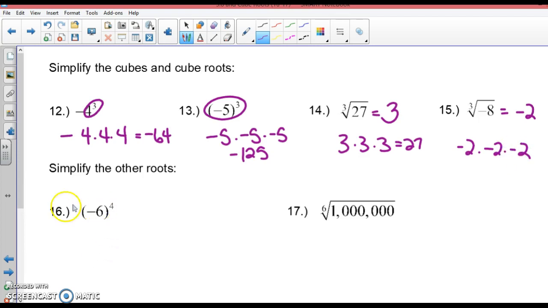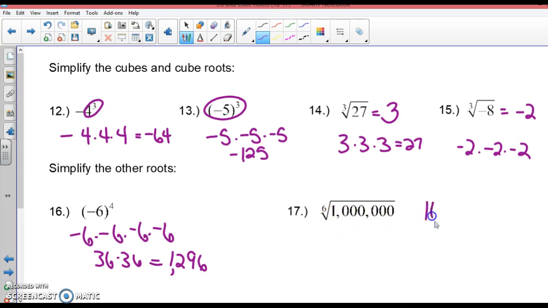All right, simplify this. The negative 6 to the 4th would be negative 6 times negative 6 times negative 6 times negative 6. Ends up being 36 times 36 is 1,296. All right, the 6th root of 1 million. Well, there's 6 zeros. So won't this be 10 to the 6th? So the 6th root is